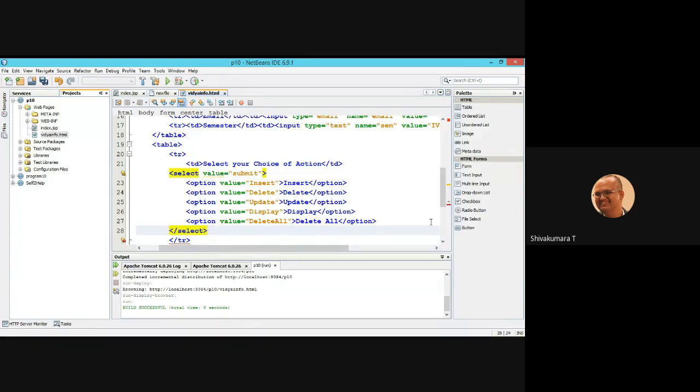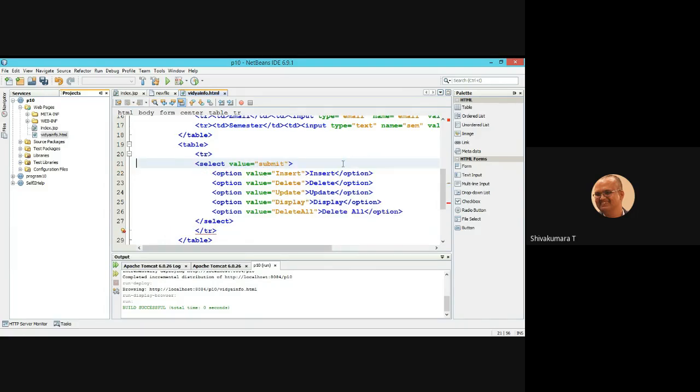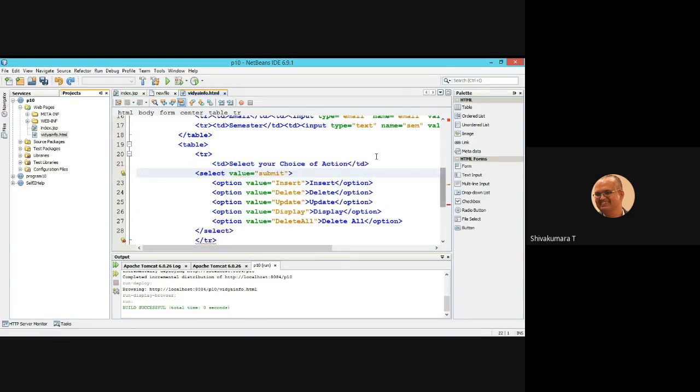Close the select option, then close the table data. Only take out this closing tag.